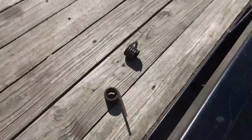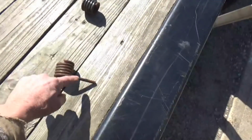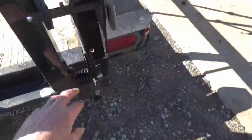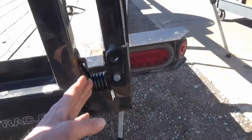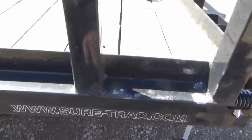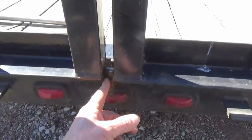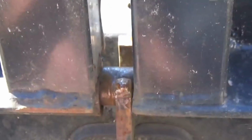These here, those are both broken. They're supposed to have another end like this one coming way out to here on both of them, and we've got a couple of new ones and we put those on, but we're having a little trouble because they have a tendency to kind of push the gates towards the center, and they're riding on the same shaft. Both sides are riding on the same shaft that's in here, and got a problem with that because